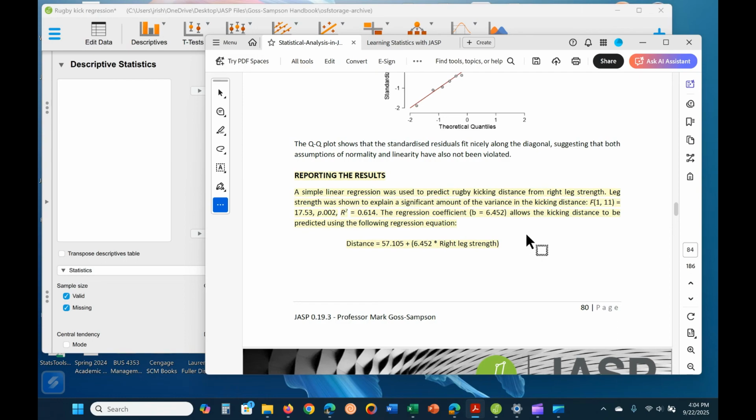Simple linear regression was used to predict rugby kicking distance from right leg strength. Leg strength was shown to explain a significant amount of variance in the kicking distance: F with degrees of freedom 1, 11 equals 17.53, p equals 0.002, R squared equals 0.614. Regression coefficient B equals 6.452 allows the kicking distance to be predicted using the following regression equation. And you can write out the equation normally, but